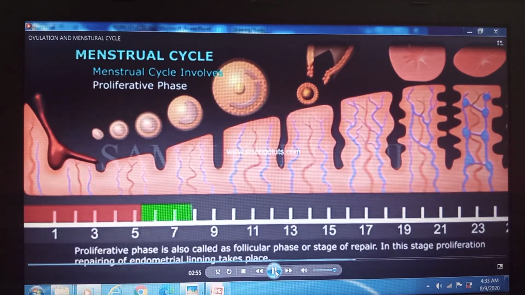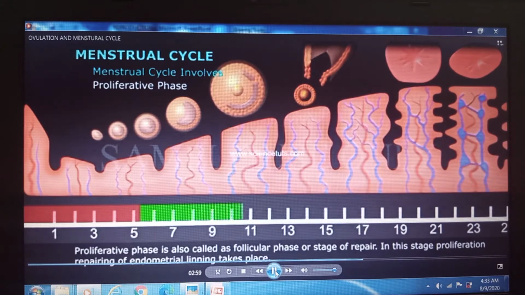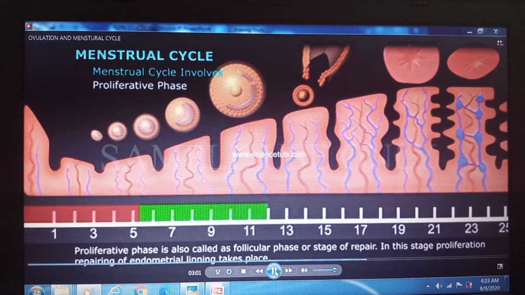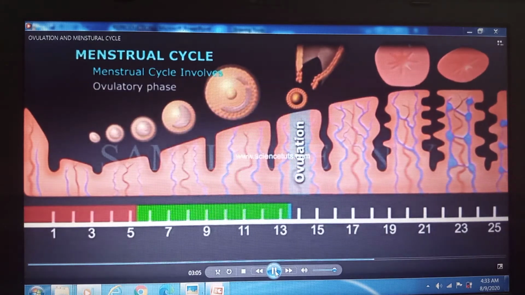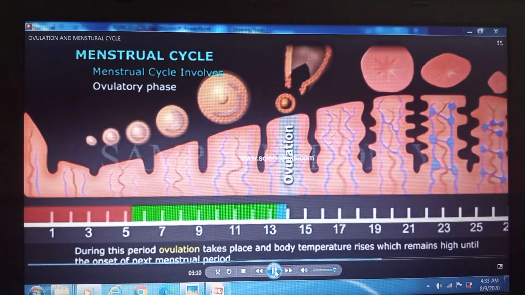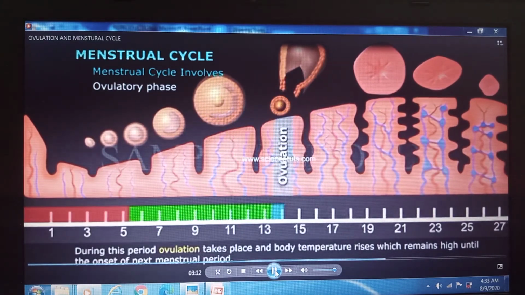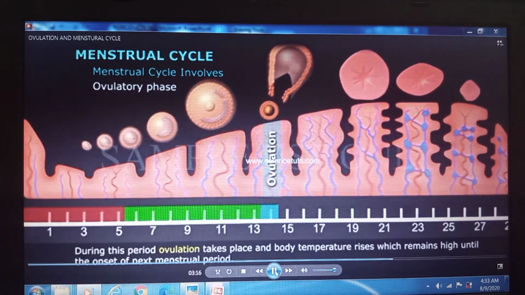The proliferative phase is also called the follicular phase or stage of repair. In this stage, proliferation and repairing of the endometrial lining takes place. Ovulatory phase. During this period, ovulation takes place and body temperature rises, which remains high until the onset of the next